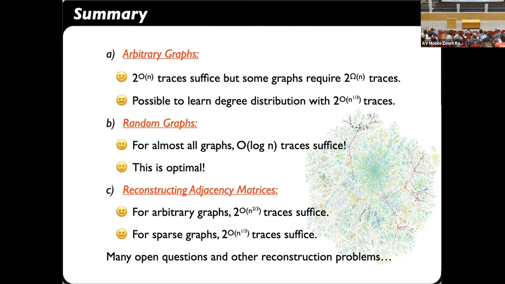Hey, Andrew, this is Sesh here. If you modify the model by saying that instead of choosing each vertex with probability half, you choose exactly half the vertices at random, it seems that the arbitrary graph result won't hold because that's the reconstruction conjecture. But for random graphs, you would still get the same upper bound. Is that correct? The random graph upper bound would still hold. Would the lower bound hold?